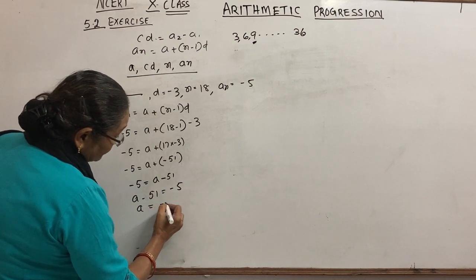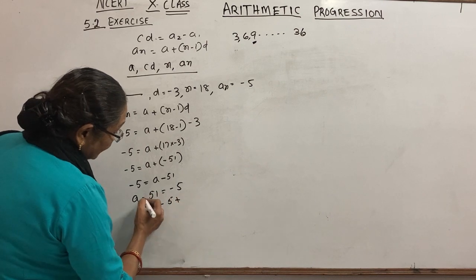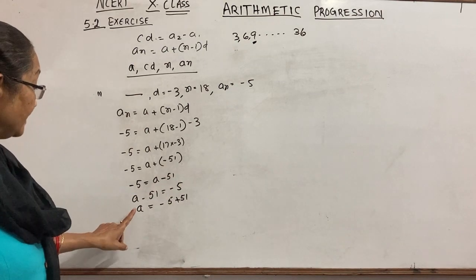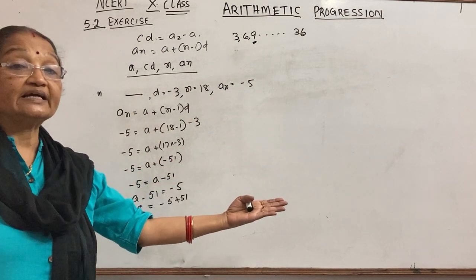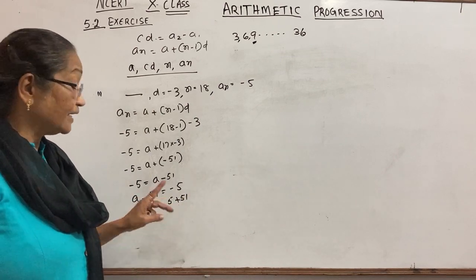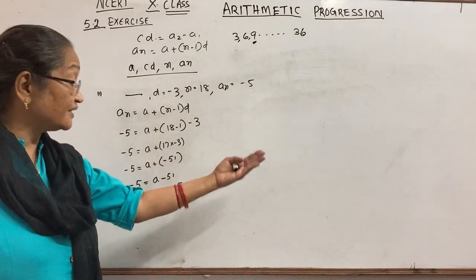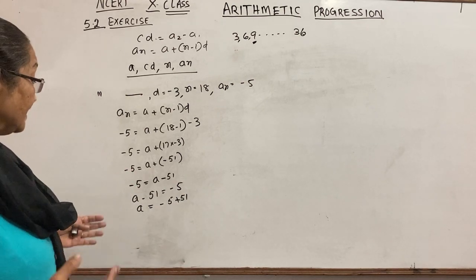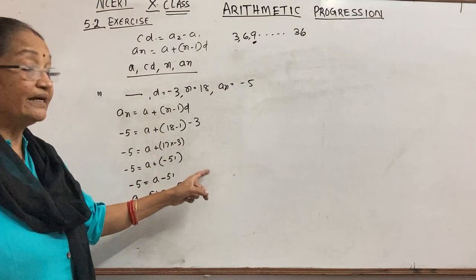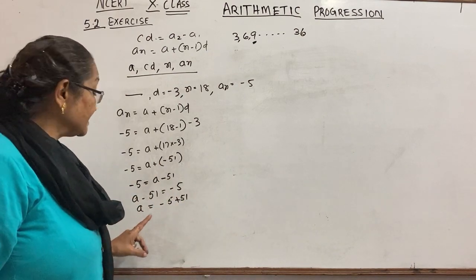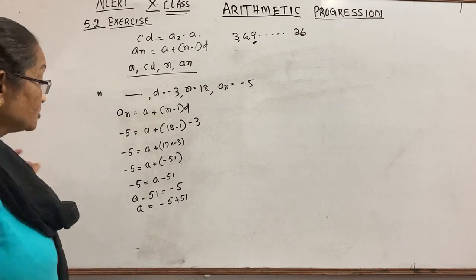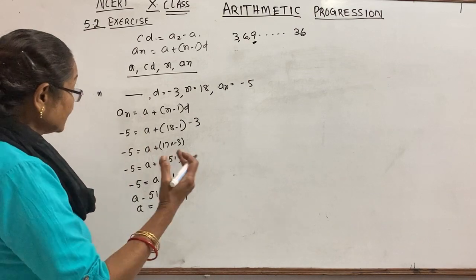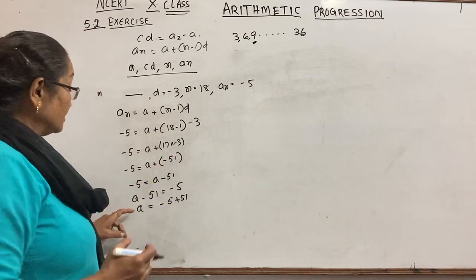Now a equals minus 5, when this one comes over, minus will become plus. a minus 51 equals minus 5, and to get a, we move minus 51 to the other side. Then what happens to this minus? Always look at the sign, son. When it goes to the other side of the equals, see what its relation is: plus, minus, division or multiplication. Then do the opposite: plus becomes minus, minus becomes plus, multiplication becomes division, division becomes multiplication. So when equating, when a number goes to the other side, the sign will change.